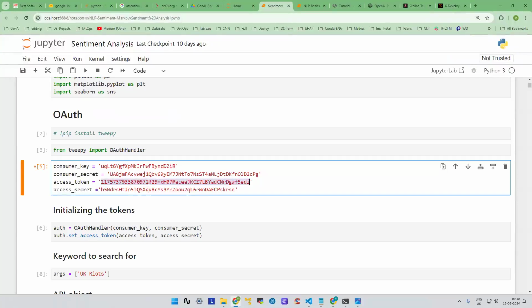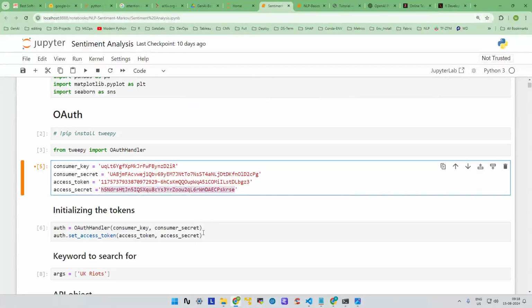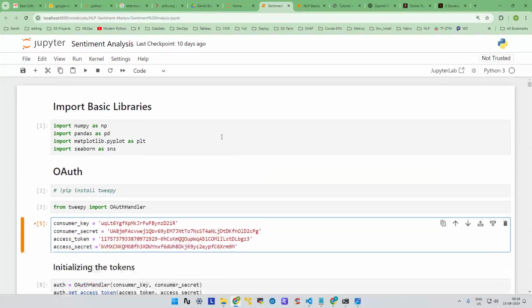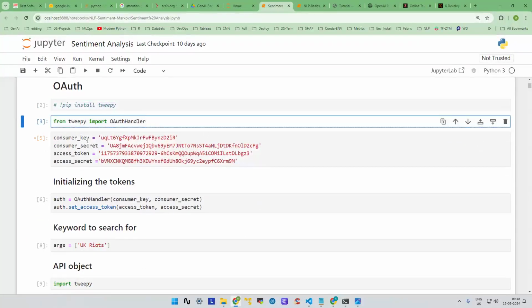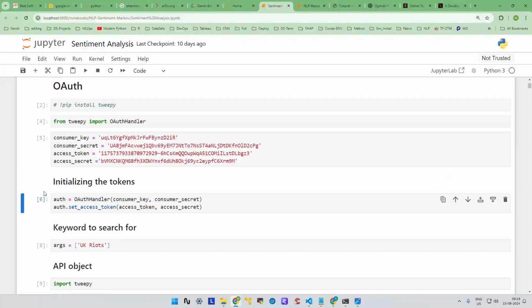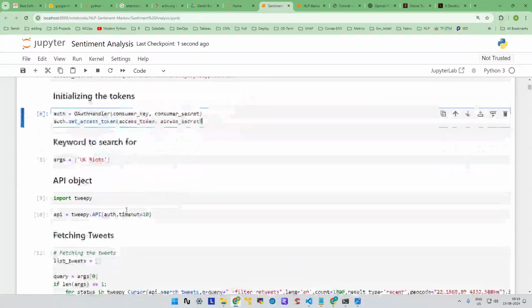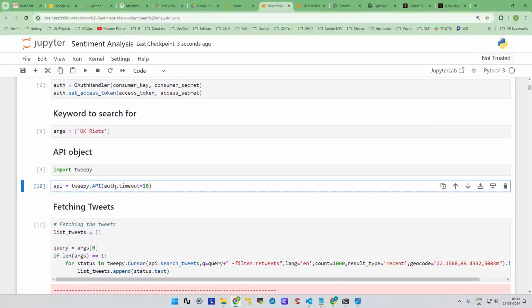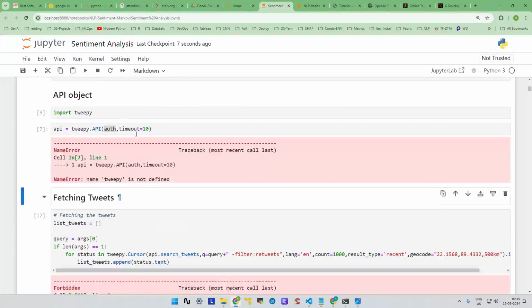Basically, we are trying to extract data from Twitter, and for that we need all this. We use the Tweepy library. You need to install this one. It's not the default one. The OAuth handler is going to send the secrets, but we need to prepare the auth in a proper object way. Timeout 10 seconds means